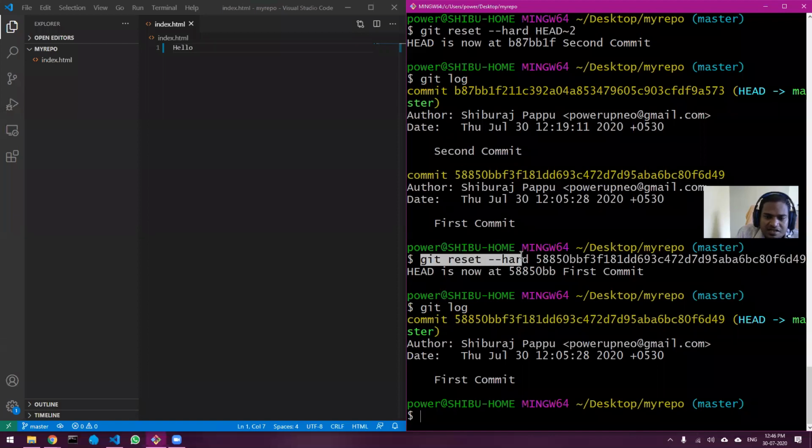Git reset should only be used when you are sure that you have done something completely wrong, and whatever you have done, you don't want it. In that case, you do git reset. Otherwise, you simply do git diff, find out the difference, or basically what are the changes or mistakes that you have done, undo it in the source code and commit again. That is what we normally do. We don't use git reset unless I'm sure that the code I have written is completely useless. Is it clear till here?